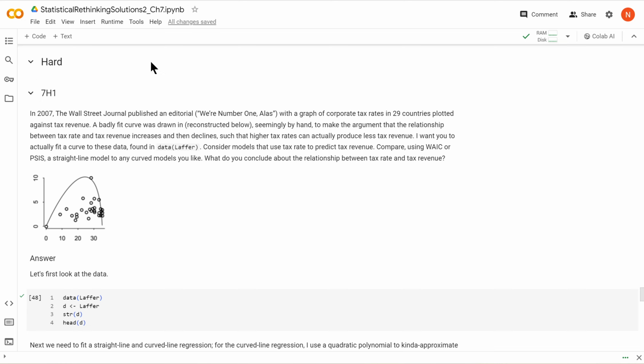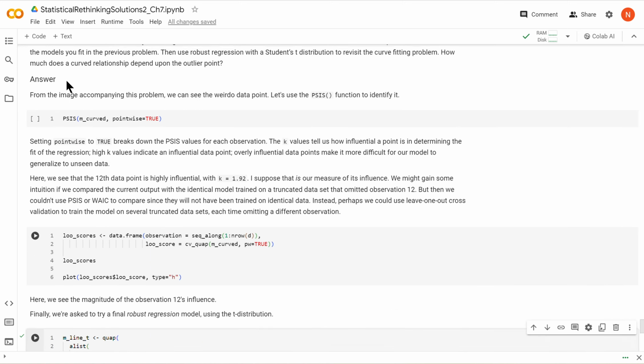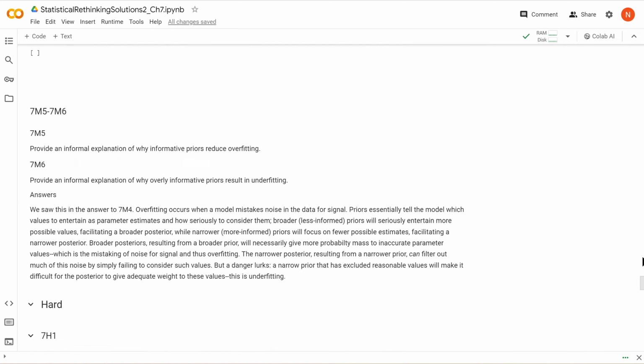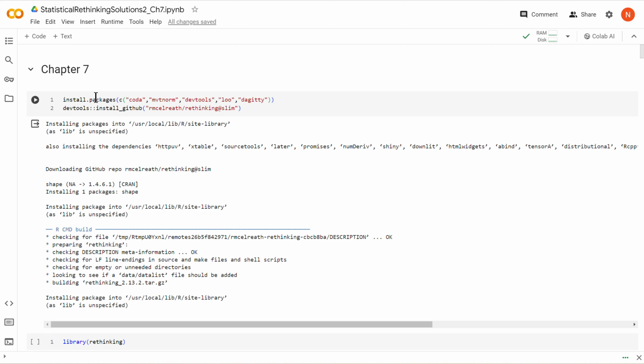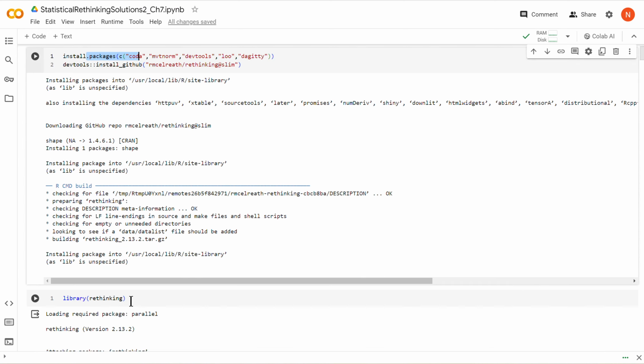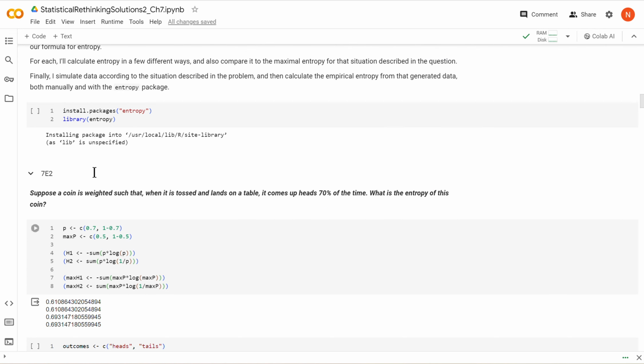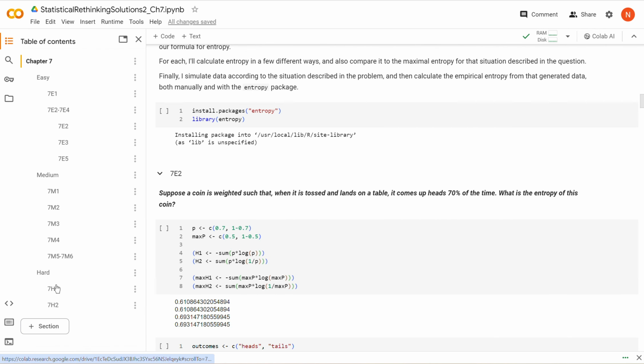Okay, so we are in Chapter 7 of the second edition of Statistical Rethinking, and here we'll be tackling question 7H1 as well as 7H2. Before running any of this code, make sure that you have installed and loaded the Rethinking package in R here. And with that,